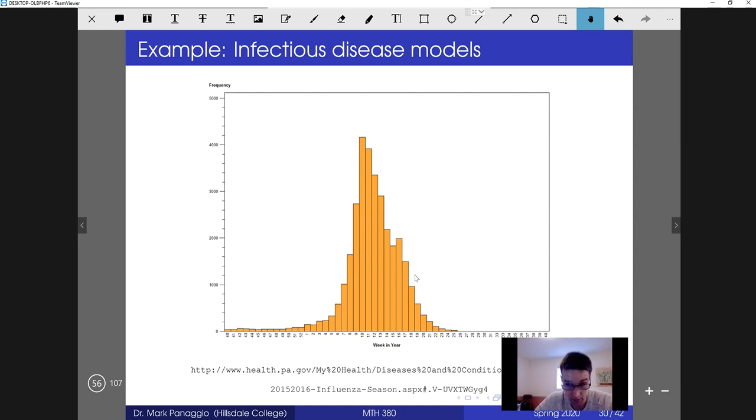It may be symmetric, it may not. This looks a little bit asymmetric. And you notice that based on the data we have for coronavirus, there's no way that we could forecast that type of behavior. But the claim is that if we understand the mechanisms that give rise to the spread of disease, then we could actually do that. All right,